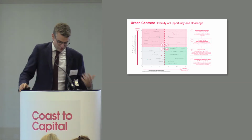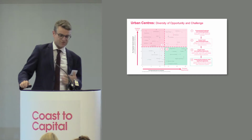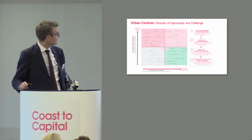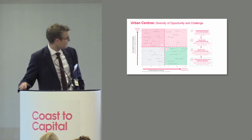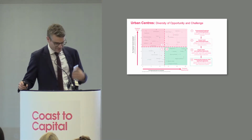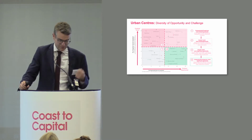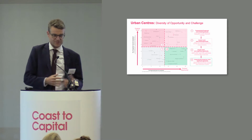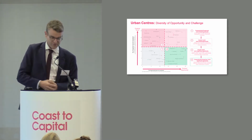So maybe a more fundamental intervention is needed to bring forward master plans, to bring forward new commercial and employment space in locations like Chichester, Newhaven, Bognor Regis. And then the bottom quadrant are locations where there's certainly a big opportunity to do something significant, but actually we're already seeing private sector demand bringing that forward. So the role of an organisation like the LEP may well be to steward and guide that private sector investment